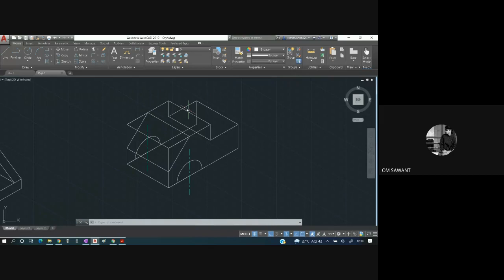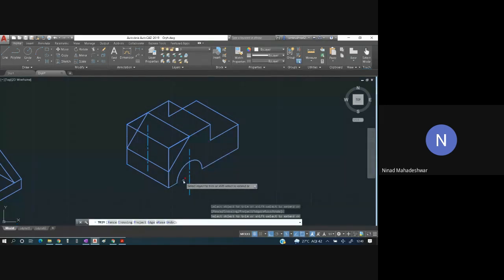Getting this, everyone? Students? Yes, sir. Once I have copied this, a few things won't be visible from the top. One, this is 2, this is 3. I will delete this. This is not visible. Even this line over here is not visible. The circle over here will also not be visible because that is inside. The important part over here is, I'll delete this line. The semicircular part over here is hollow. Trim this out.